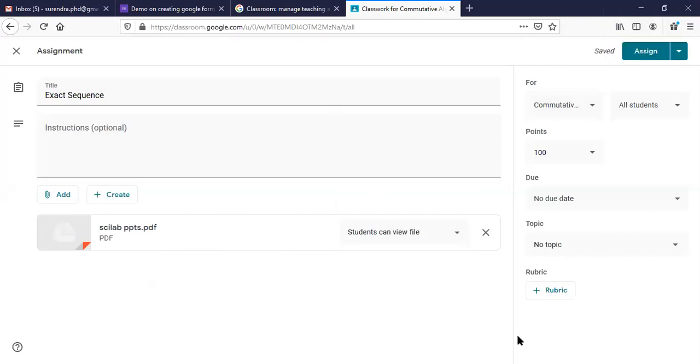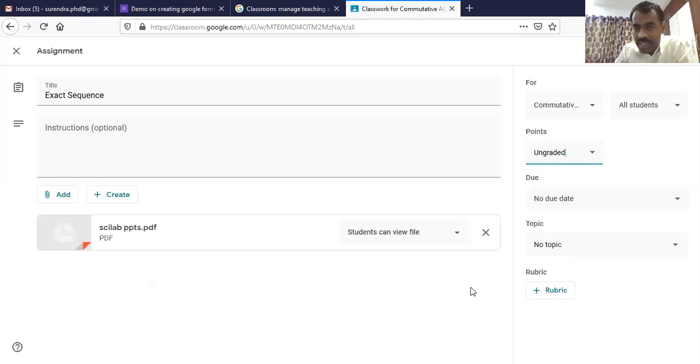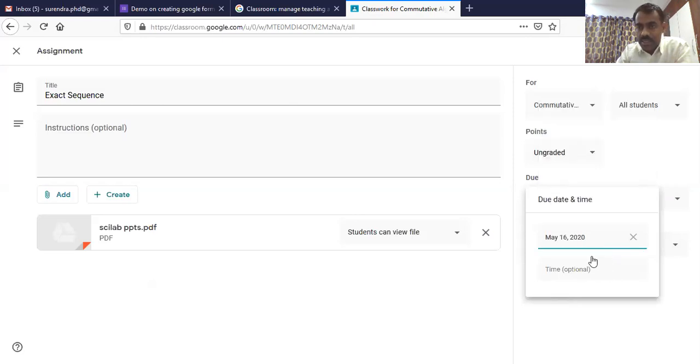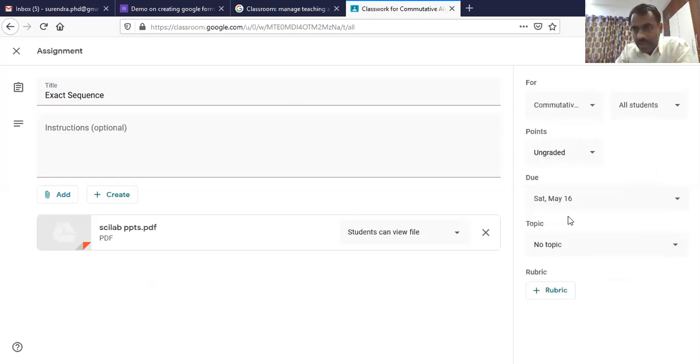There are options available here, for example, how many marks we want to give. Suppose for this assignment I want to give 15 marks or 5 marks. Or if I don't want to give any marks, then you can always select ungraded, so it is just an assignment and no marks are assigned. Then you can give a due date option also. In the due date option, you can select, for example, 1 week, however much time we require. Now I am posting, I will give the 16th; otherwise it will be set as 16th May as the due date.